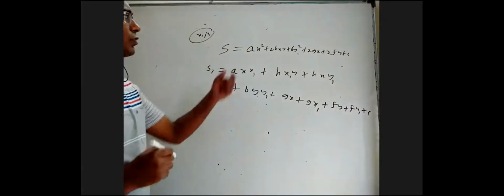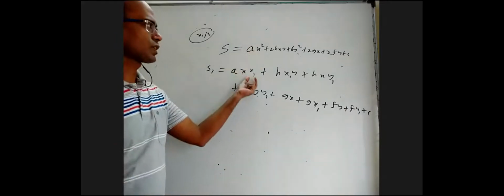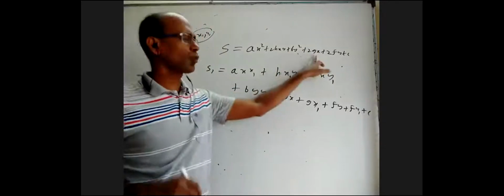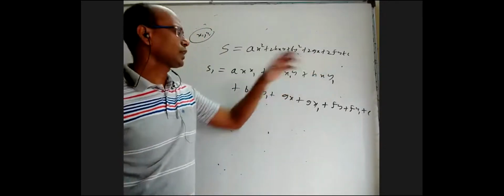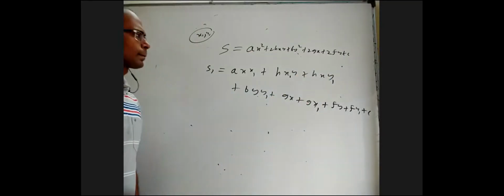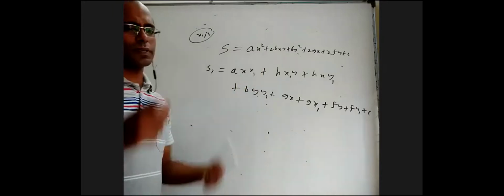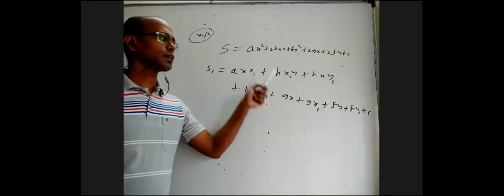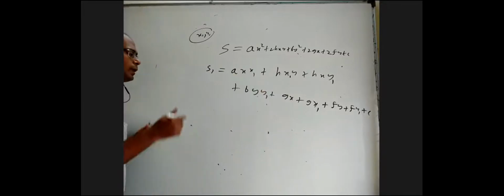So here we wrote it as product and half of it substitute x1. Here also we wrote it as product and half of it substitute x1. Here we wrote it as sum of two things, then half of that we substitute x1. Here also sum of two things and there's a constant. And then only this 2hxy term is little different. I wrote it as two things, but in one of them I substituted x, in another one I substituted y.